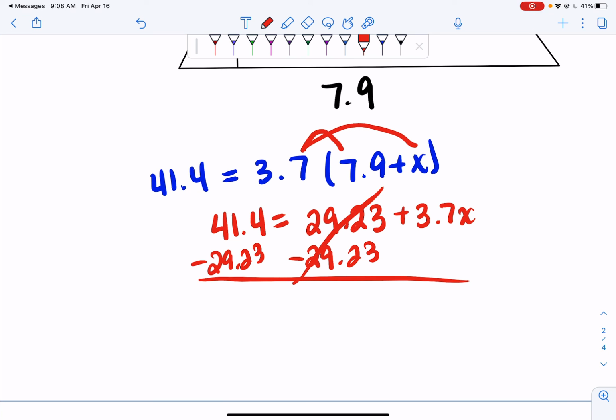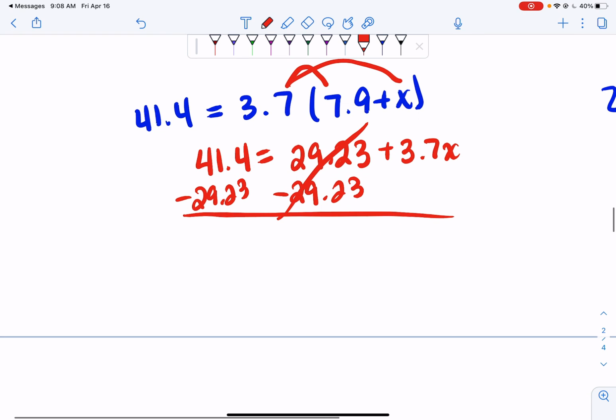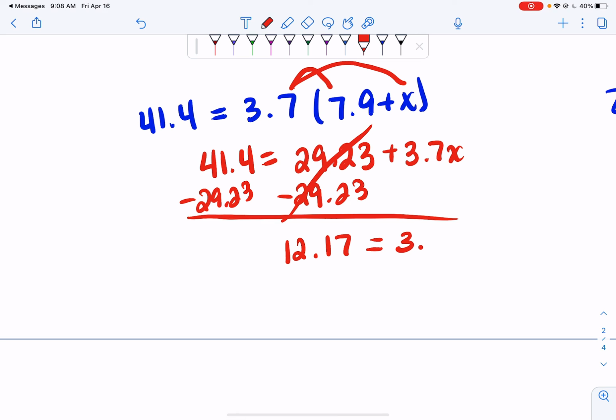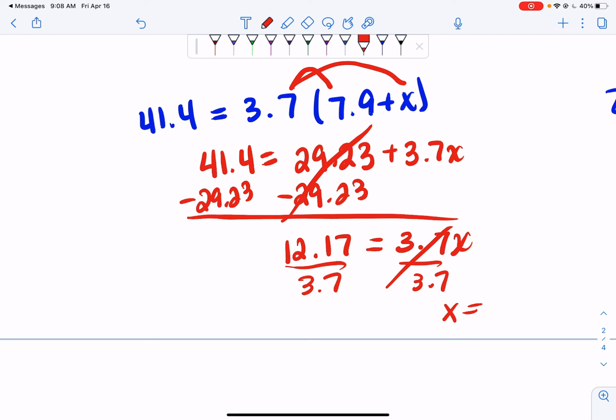So 41.4 minus 29.23 is 12.17. And then I'm going to divide by 3.7 on both sides. So I get x is equal to